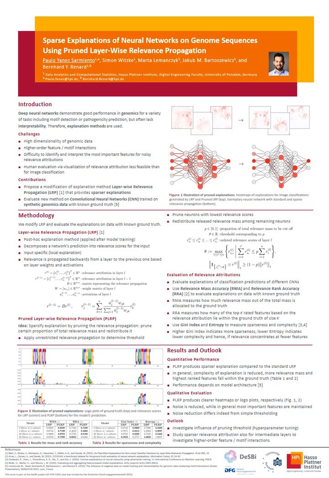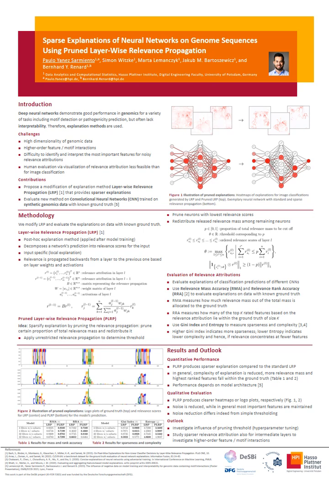From a qualitative evaluation, PLRP produces clearer heat maps and logo plots. I showed you the images in my figure 1, and you can also see here on the left the logo plots, where for PLRP we indeed get rid of some of the noise. So the noise is reduced while we maintain the most important features, and a closer look also reveals that the noise reduction indeed differs from simple thresholding.